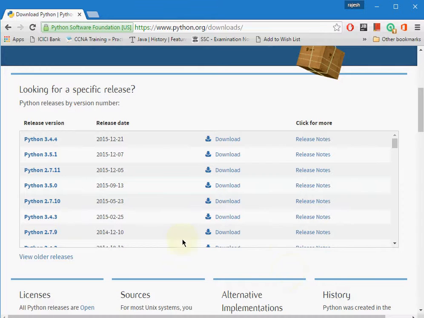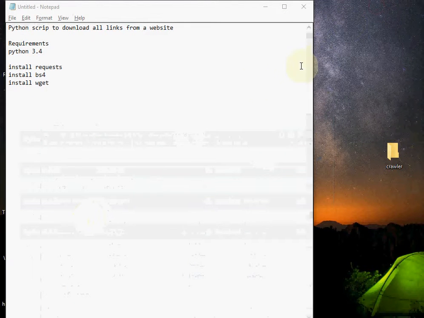So presently I'm using 3.4.3, so it will be good if you use the same version, because there is some compatibility issue between the 2.7 and 3 series. So I prefer you to use the same version if you want to run this code, because in 2.7 we have different packages for getting the request from the http and other things,